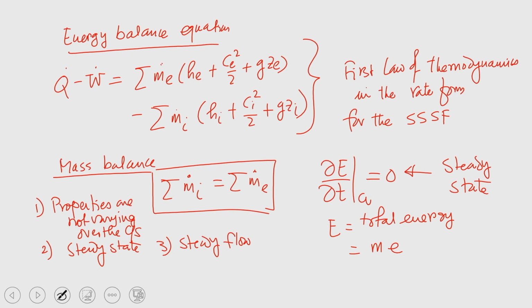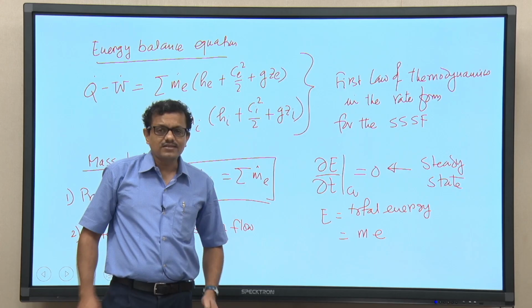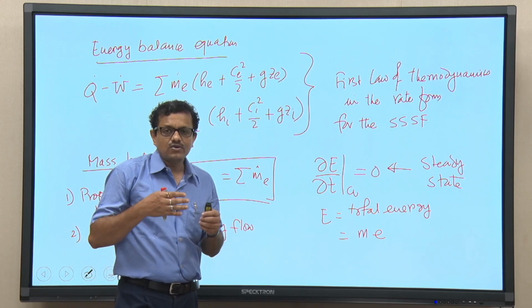So, considering all these, properties are not varying over the cross section through which flow occurs, state is steady and flow is also steady, and as I told you, the product of mass and properties should not change with time. Okay. So, the product of mass and properties does not change with time. So, with this I would like to